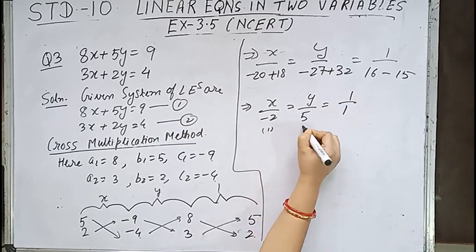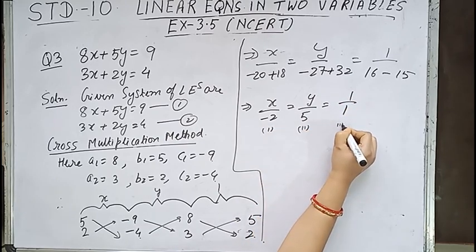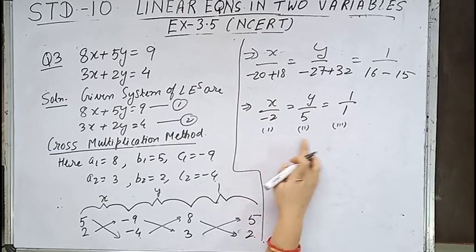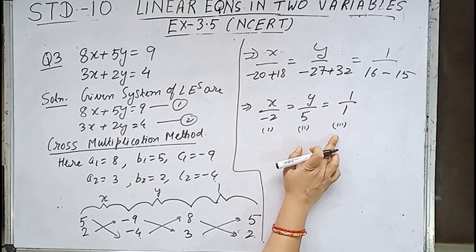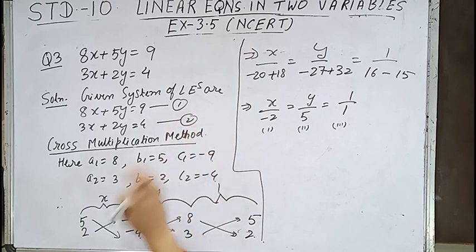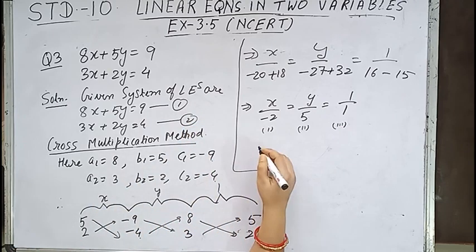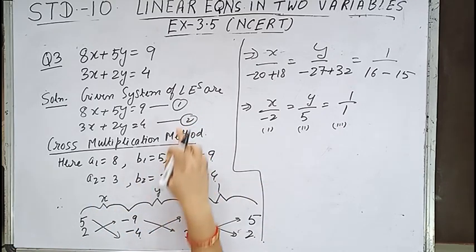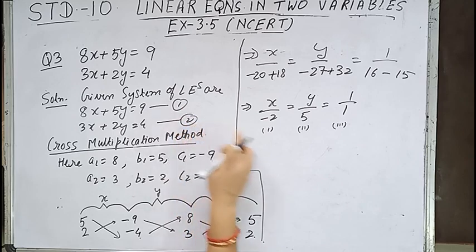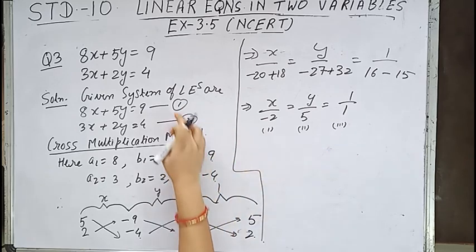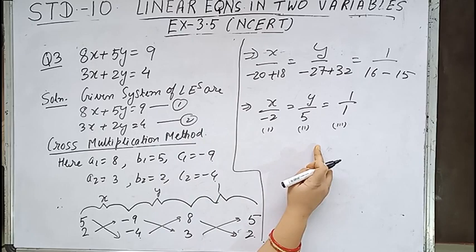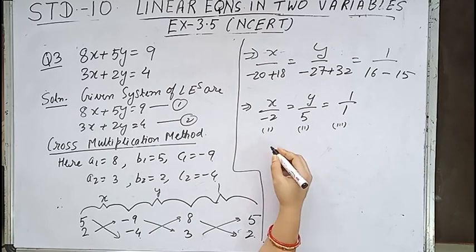Make it equation 1, 2 and 3. Children, take care, here I used to give the numbering in Roman and here in Hindu Arabic, so that you should not be confused over here. If by mistake in any question I have given over here also Roman and here also Roman, rectify it by Hindu Arabic and over here as Roman.